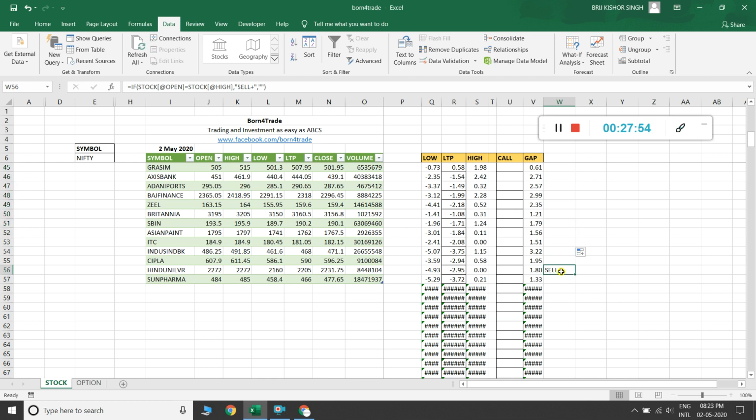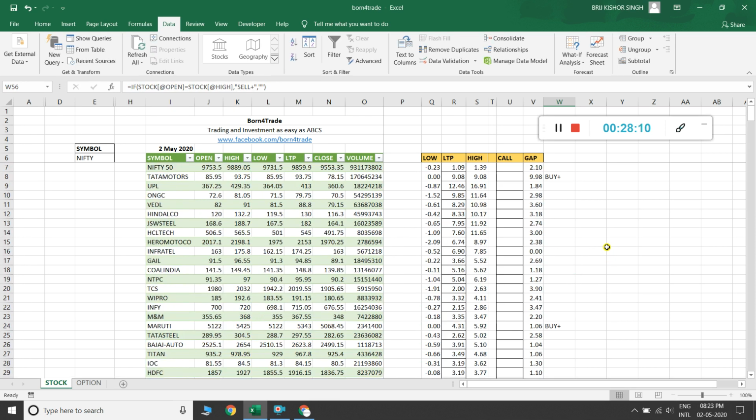Then I just copy this formula, taking Ctrl plus C, just copying it and pressing the escape button, and I just came here to the buy plus formula and I just delete here and make a comma and just Ctrl plus V, that is pasting a formula in this column.